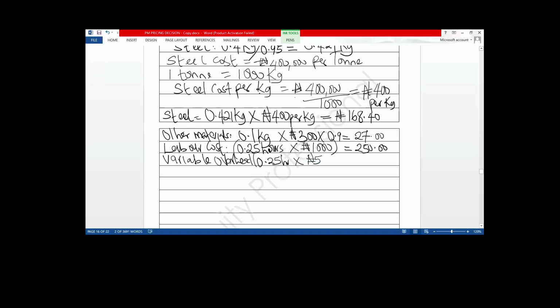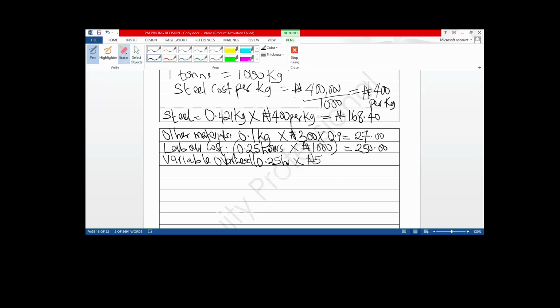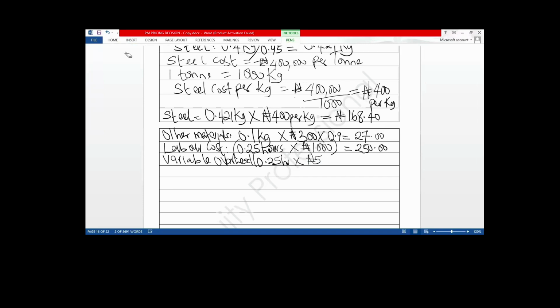Let me even show it, because some might be looking at it and wondering how you get this 1,500. Just come here. Let me take this off. Just do it like this: 1,000 multiplied by 1.5. This is 150%. This will give you your cost now. 1.5 is technically 150%.